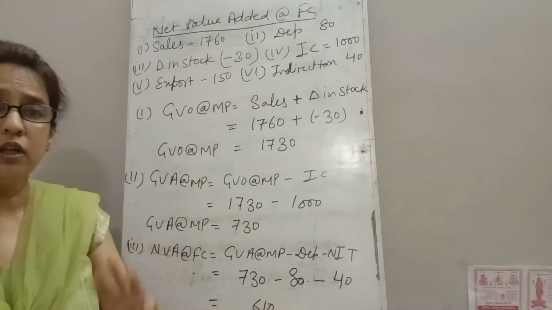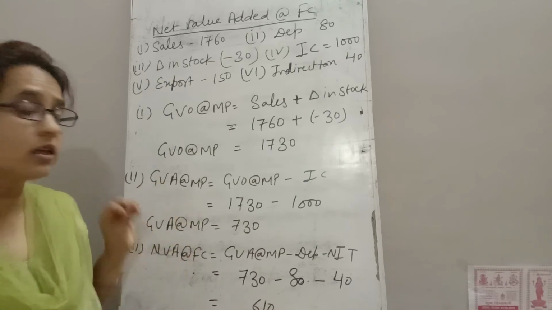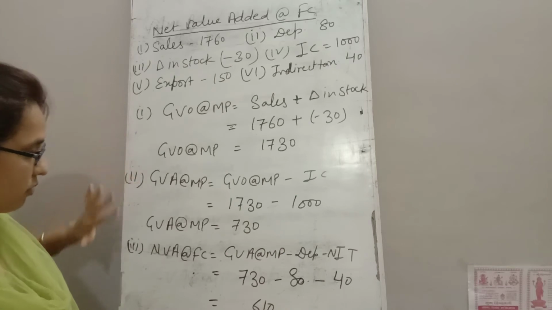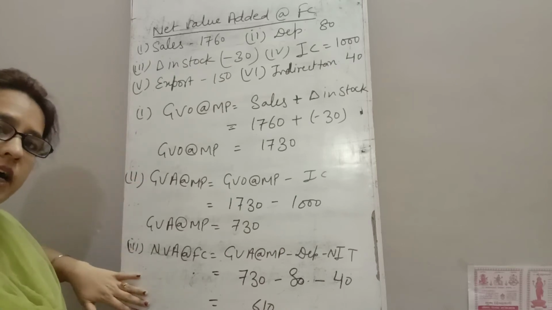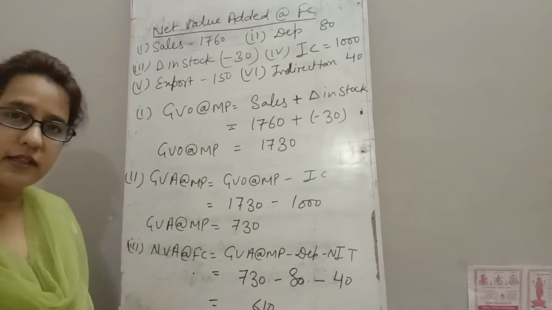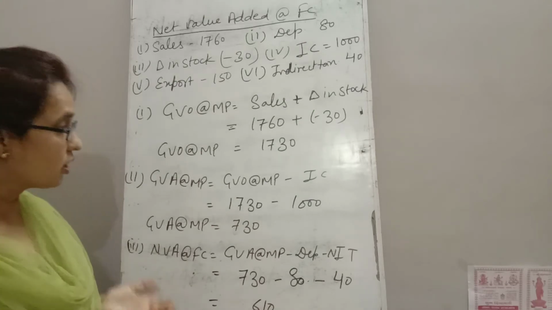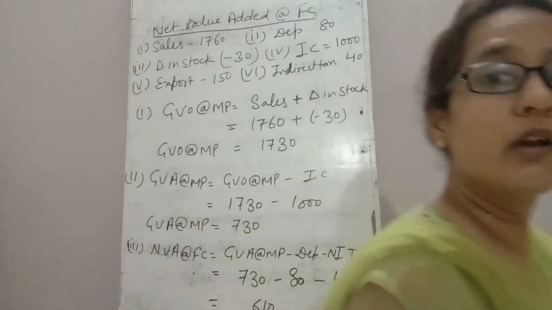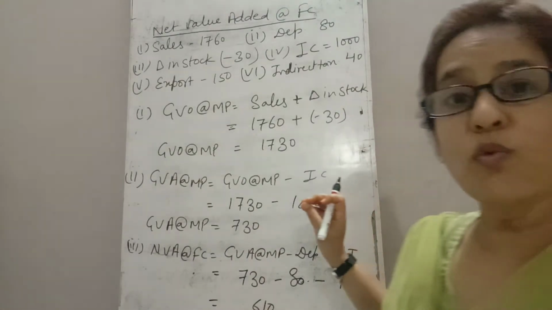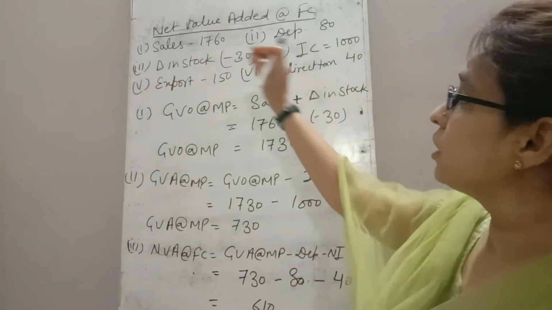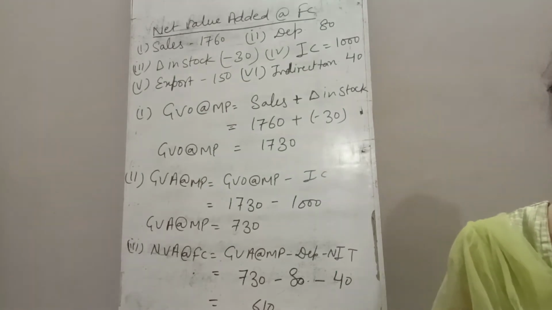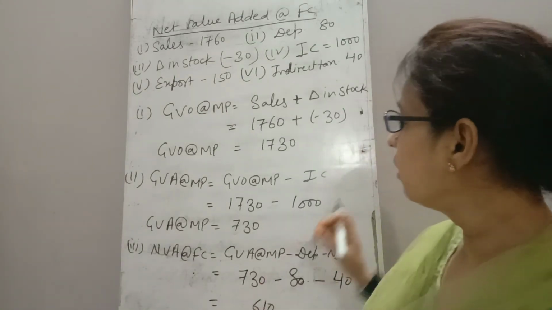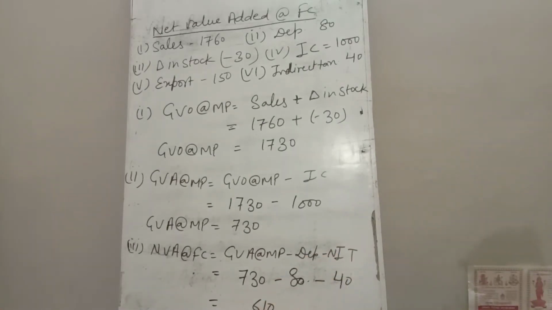First of all, the key factor for how to solve questions of this method: you have to write the three formulas as they are and then start doing your solution. Clear? Now note it down. I will explain one more question. If in the question sales is given, or intermediate consumption is going to be asked to calculate, first of all, note it down.